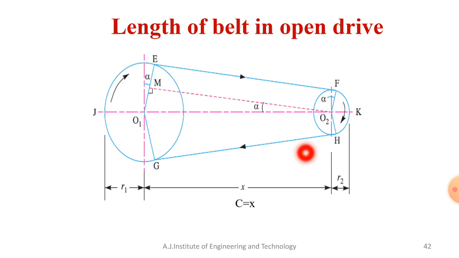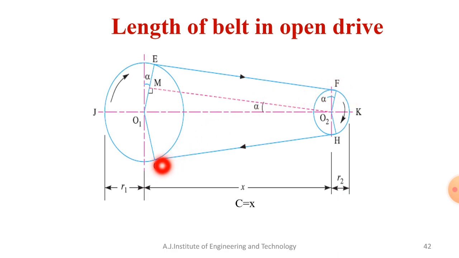All of you look at this construction. There will be two pulleys. One is called driver, another one is called driven or follower. Here you can see one is a bigger pulley, another one is a smaller pulley, over which a belt is placed. This is the belt, and as usual, the belt is always subjected to tension, and these belts are endless.